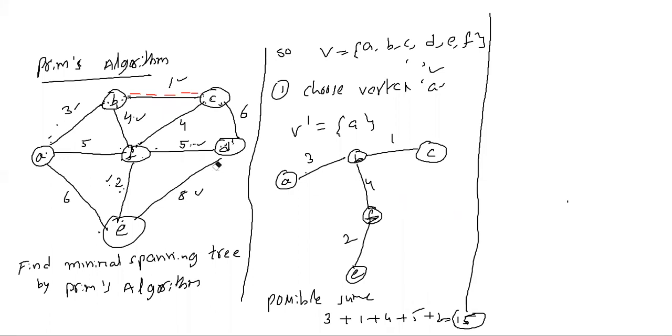You people may get doubt here later. So from F vertex, F to D is 5 units, C to D is 6 units. So you simply go for the smallest one. F to D, how much is its value? 5 units. Like that, you choose all the smallest possible values and you have to draw.